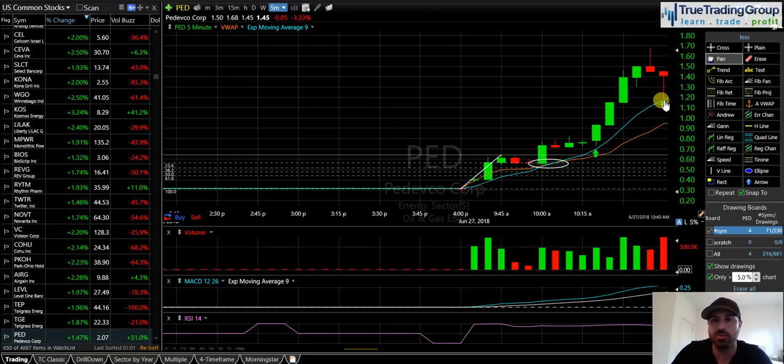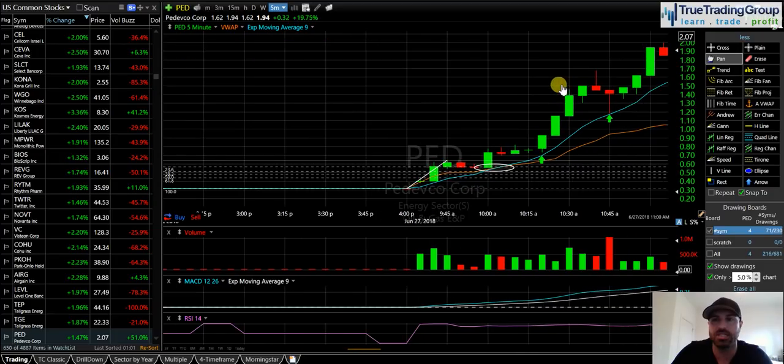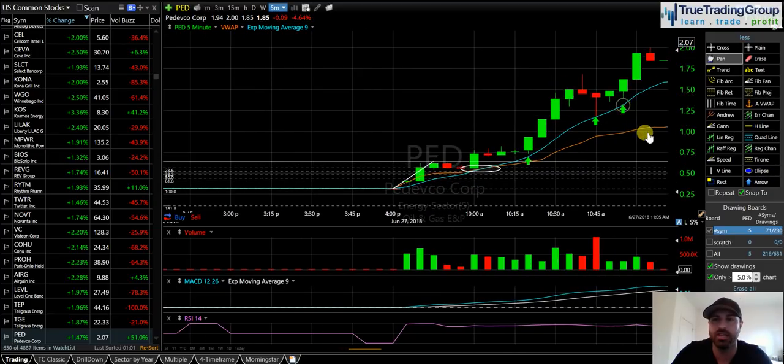We pulled all the way down to $1.20. That $1.20 trade line area held support. And then as I pan over, you can see the stock continued higher yet once again. Okay, so while the stock is making its clear, definitive, decisive move, this trade line is acting as an area